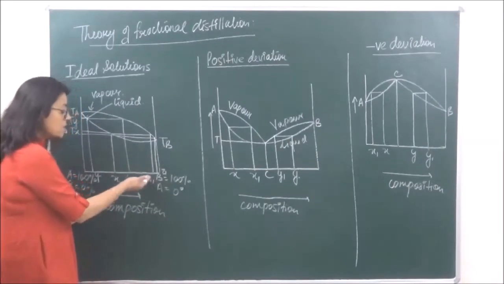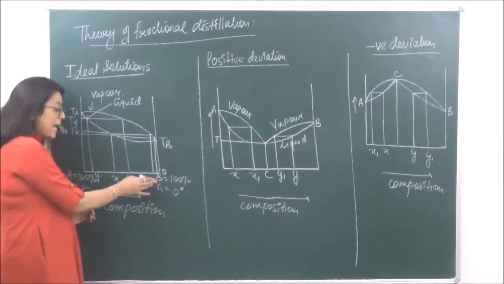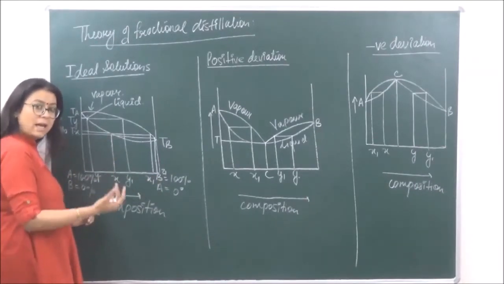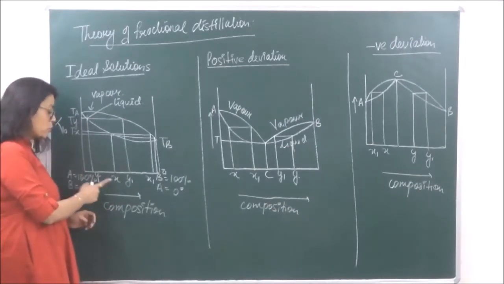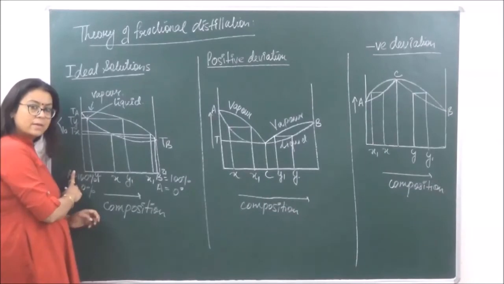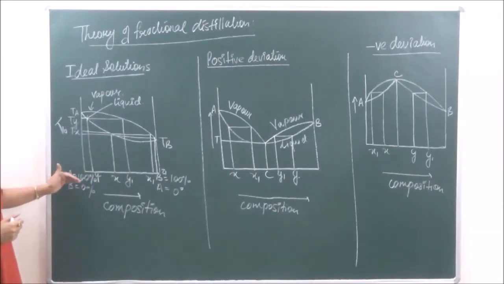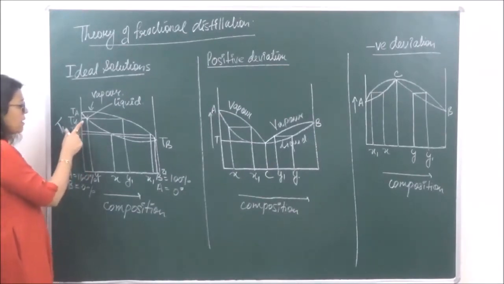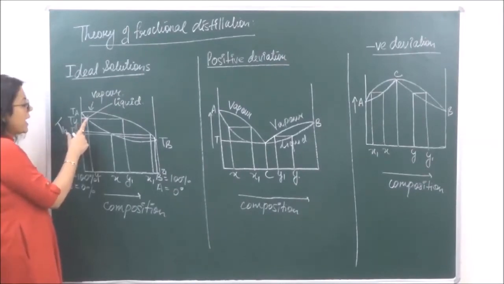So the vapors of the mixture will be richer in B and the distillate, that is the liquid which is left behind, that is going to be richer in A because it is closer to A. Okay, on further boiling, what is going to happen? When we start boiling it further, we see that a temperature Ty is reached. Okay, at this particular temperature Ty,